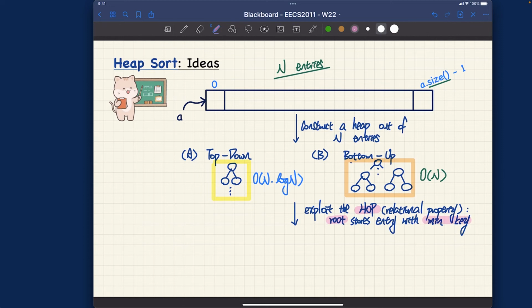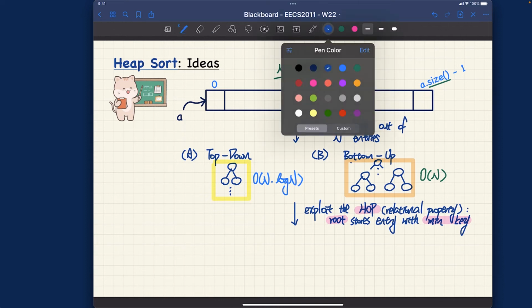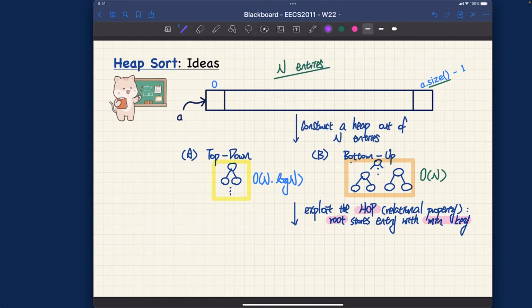What does that really mean? I want you to recall what we did in the selection sort. So this part is a little bit analogous to the selection sort, even though the running time ultimately is going to be more efficient than selection sort. But I want you to think about the mechanism that we used in selection sort. If you can recall, let me put a side note over here. When we talk about selection sort,